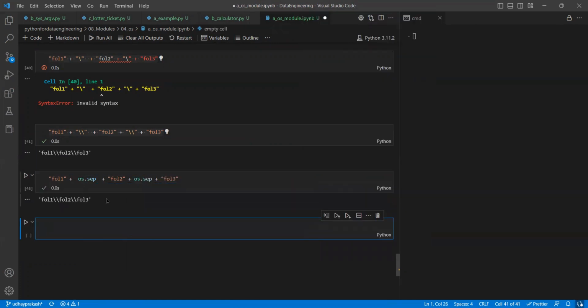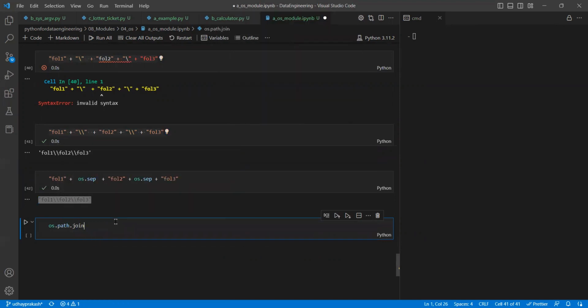If I do it right now, did you see? As it is Windows, it is showing like this. If the same thing is on Linux, it will use the other slash. It will create it on its own. Sir, even this is also fine, but creating this kind of path, if there are 10 or 15, would be crazy, right? So then